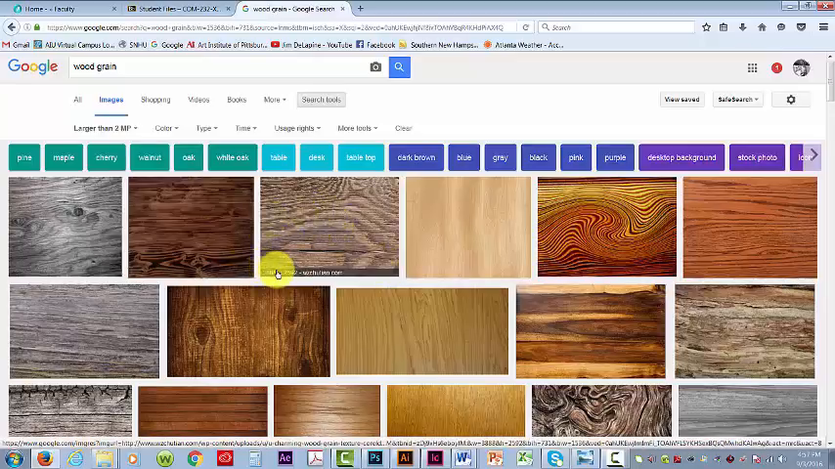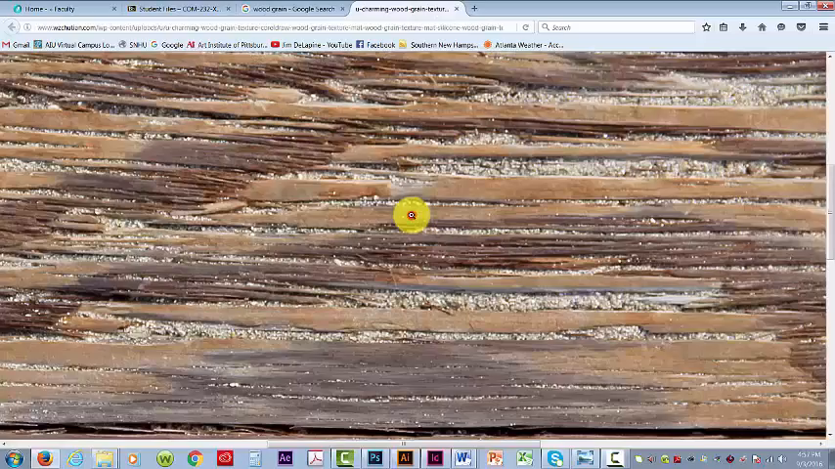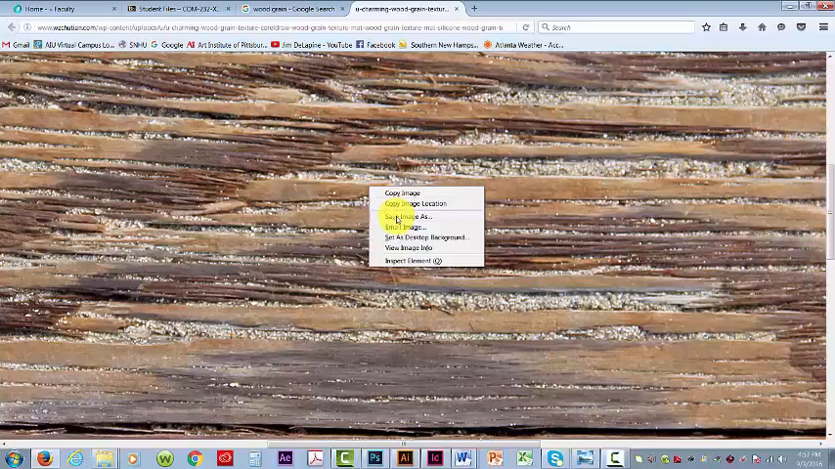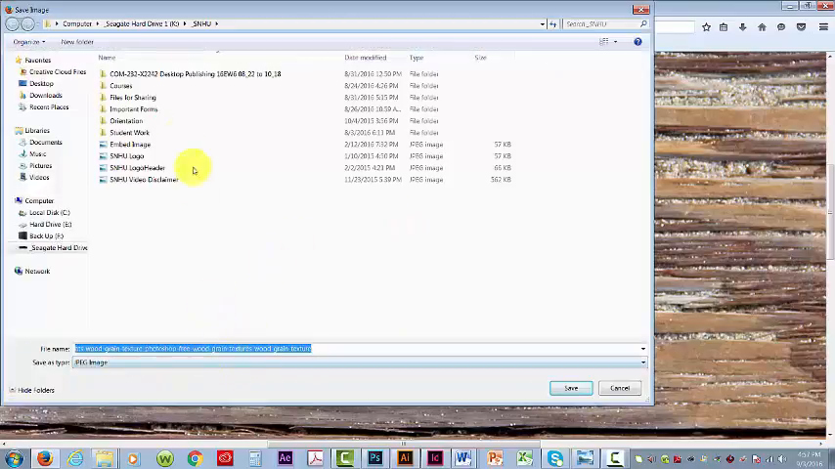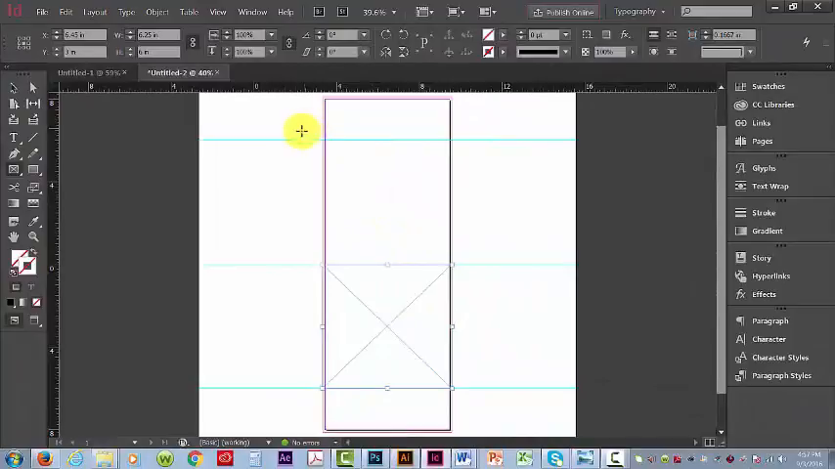This is a very large one, so I'll select this one. Okay, I'll click on view image, and then right click on that and save this as a wood grain. Okay, and I'll hit save. Alright, so back in InDesign, I'm actually going to place that file into this entire area here and see how